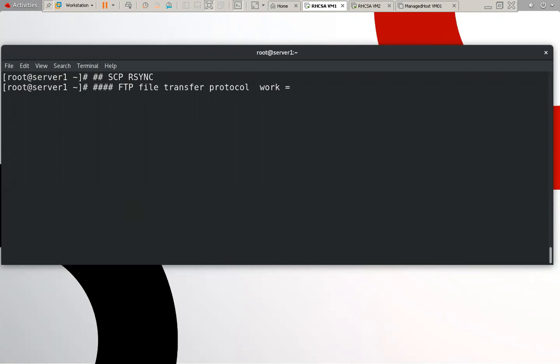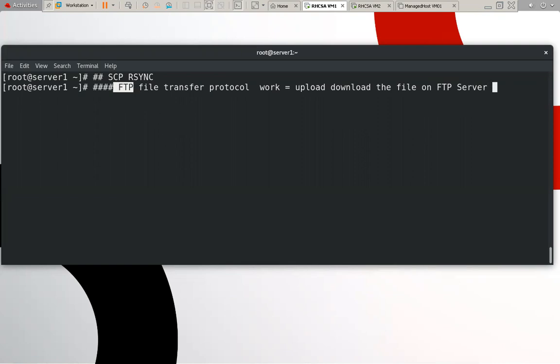It is used to upload and download files on an FTP server. We can download any file from the FTP server, and we can upload a file to the FTP server also. So this is the functionality of FTP.